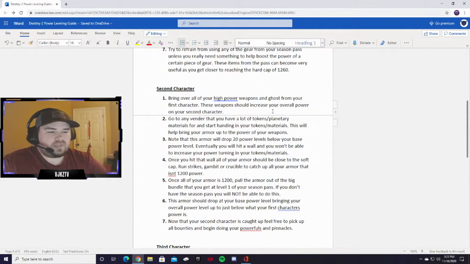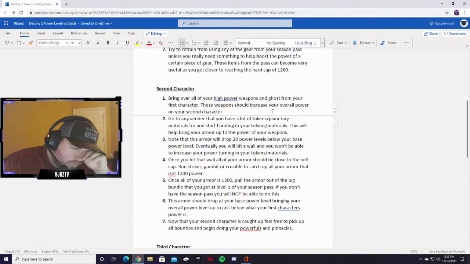That's when you should go run some strikes, run some Crucible, run some Gambit, whichever one you like to do. Go run that, and the blues and purples from those activities should drop you armor that's higher than that cap you hit, and that will help get you to the 1200 mark. All right, and so once all of your armor is 1200, pull the armor out of the